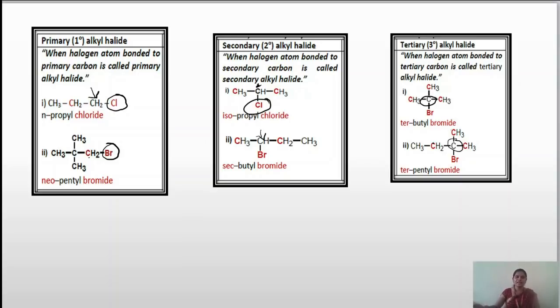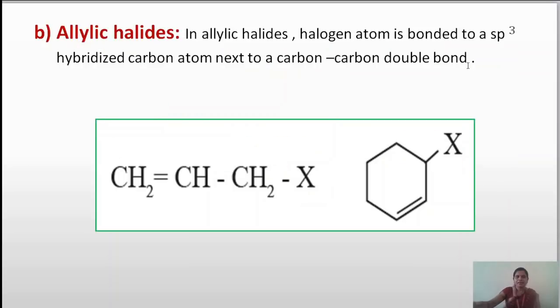So these are the three types of alkyl halide, that is primary alkyl halide, secondary alkyl halide and tertiary alkyl halide. Now the next type of our classification is allylic halides. In allylic halides, the halogen atom is bonded to an sp3 hybridized carbon atom which is next to the carbon-carbon double bond. Now here the most required condition to be an allylic halide is that the carbon atom is bonded to an sp3 hybridized carbon